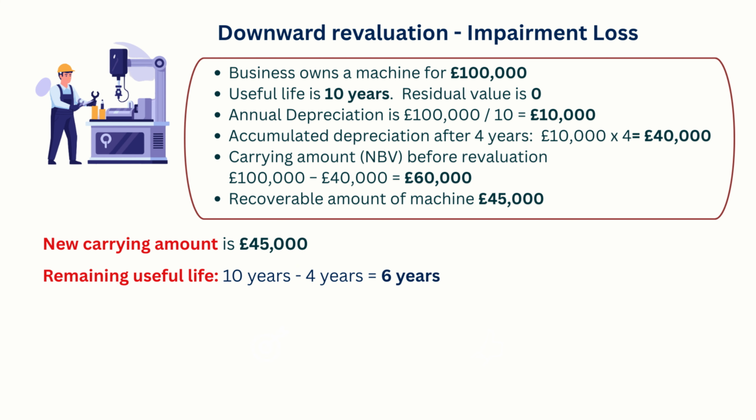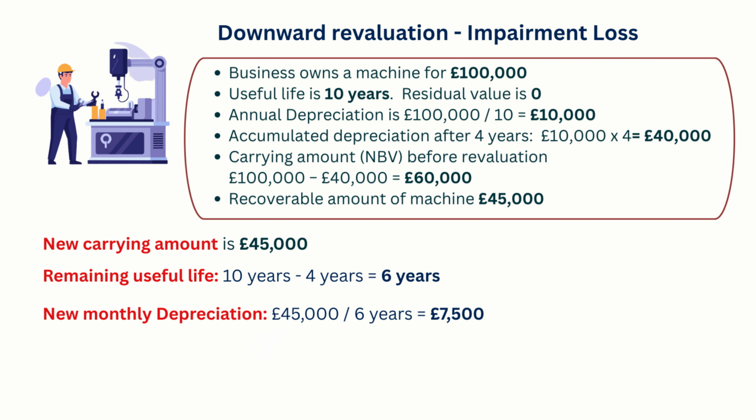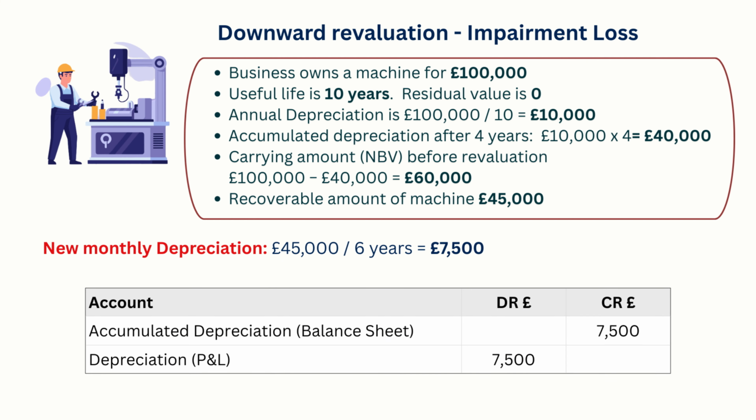Now we must recalculate depreciation based on the new carrying amount and the remaining useful life. Original life is 10 years. Business used 4 years. Remaining life is 6 years. Depreciation will now be $7,500 per year. Notice how depreciation decreases after impairment because we are depreciating a lower asset value,